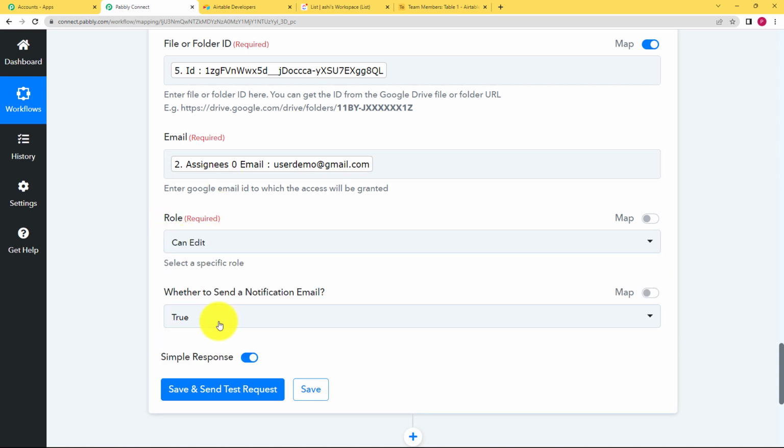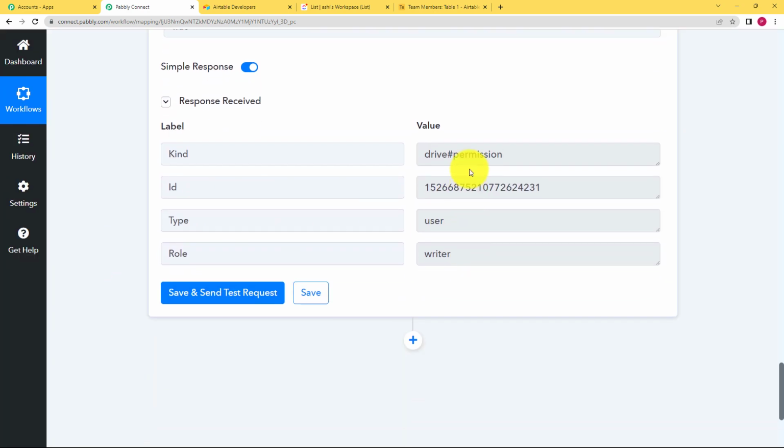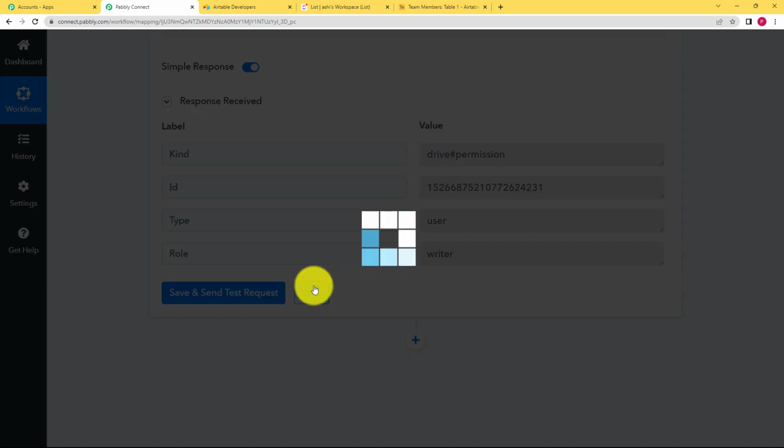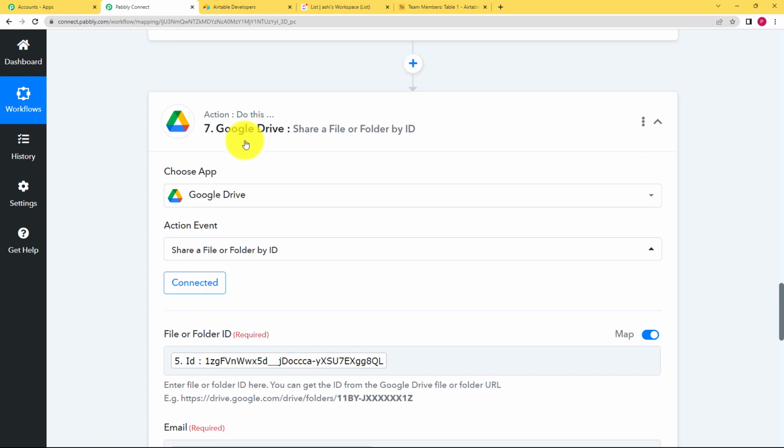The role is can edit, because that person has to update this folder. And then whether to send a notification mail. So yes, it's true. So a mail will be sent to this person. When you click on save and send test request, a response will be received which will say that it's done. Click on save. With the last step that we just attempted, a mail has already been sent to that specific